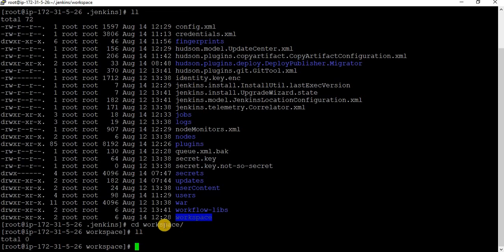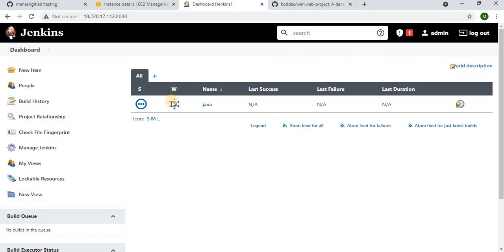Nothing is there under this workspace. This is the place where the job-based configuration is going to be stored. As of now we didn't build any jobs. We just created the job and did some configuration, but we didn't run it. We have to run it.